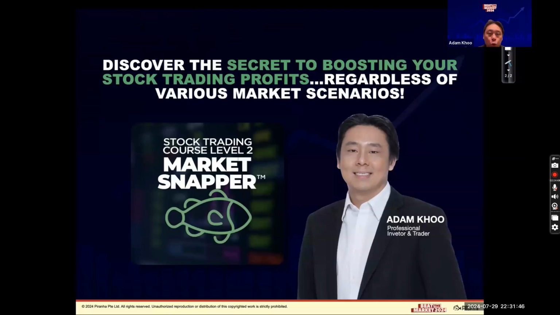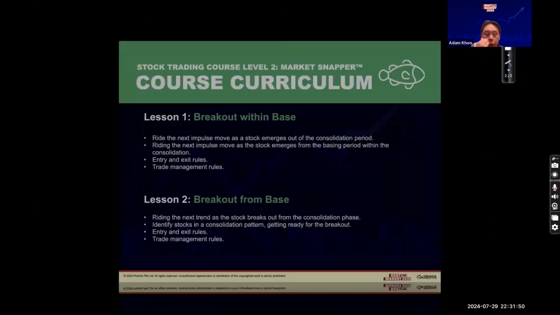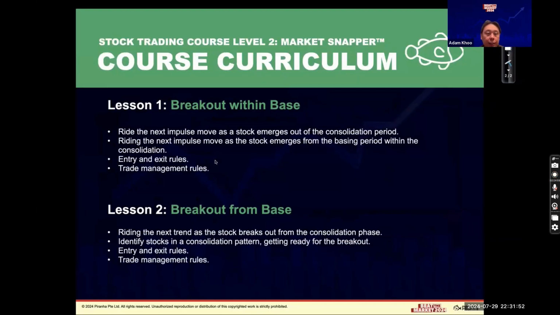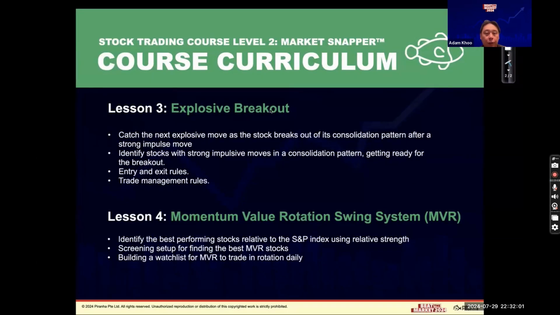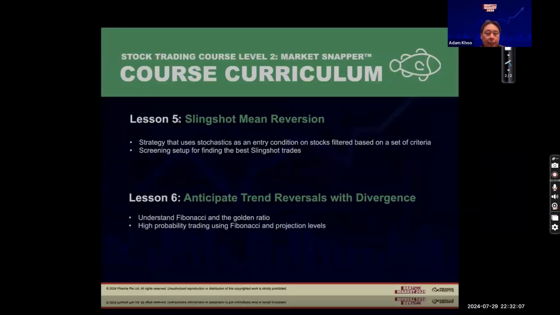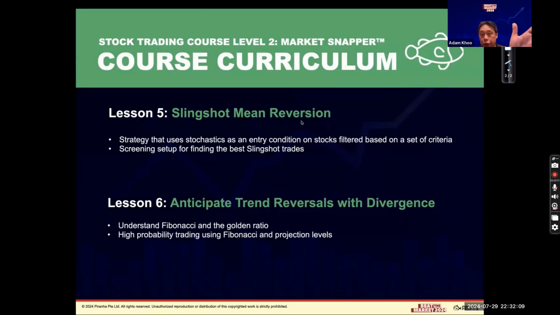Next will be the level 2 course. Level 2, Market Snapper, you learn the other strategies like the breakout within base, the breakout from base strategy, the explosive breakout, which is the flag pattern, momentum value rotation swings system, the slingshot mean reversion, which I showed you today as well, how to anticipate trend reversals with divergence patterns,